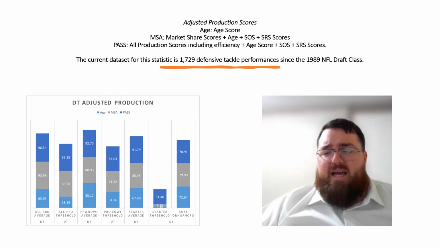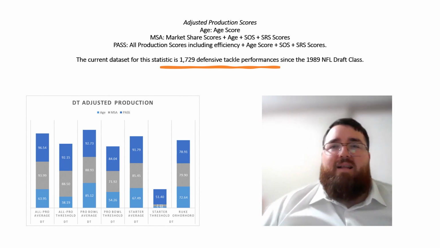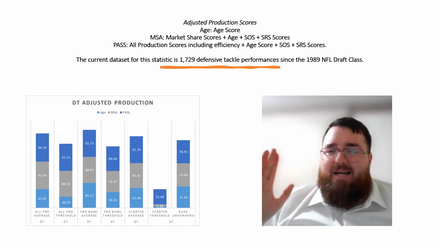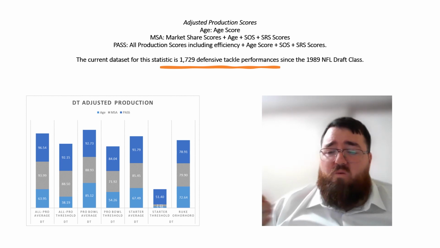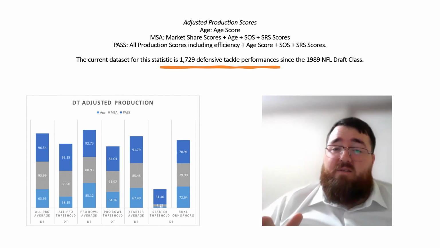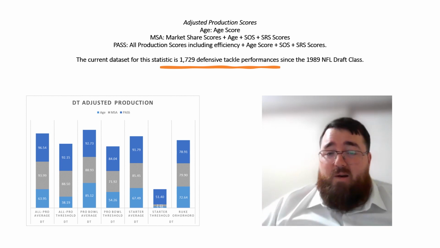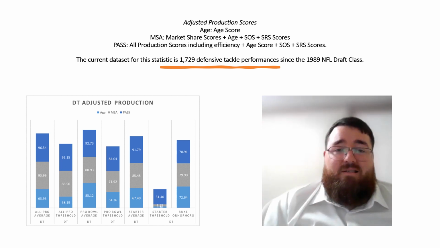So, best case scenario, you have a starting defensive tackle, but overall, I just don't quite see it in terms of his overall data grade. So, it is potential for him to become a starter, but he's a fringe guy. And you picked him at pick 35. You picked a fringe starting defensive tackle at pick 35. That's not the best decision ever.